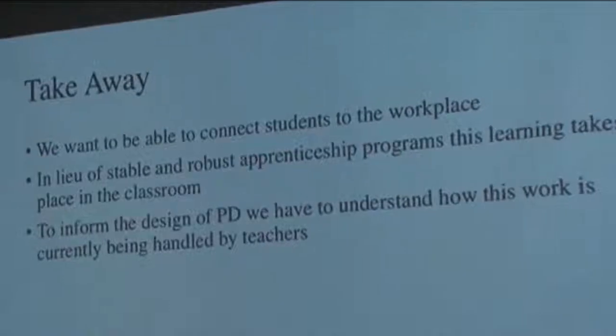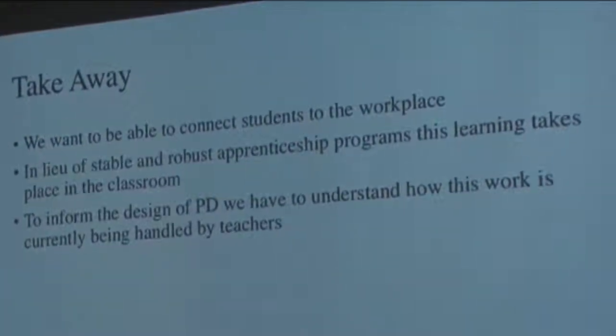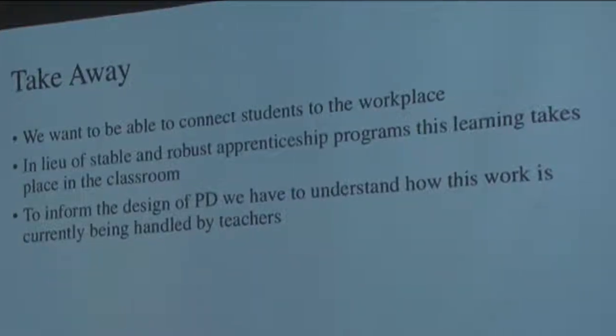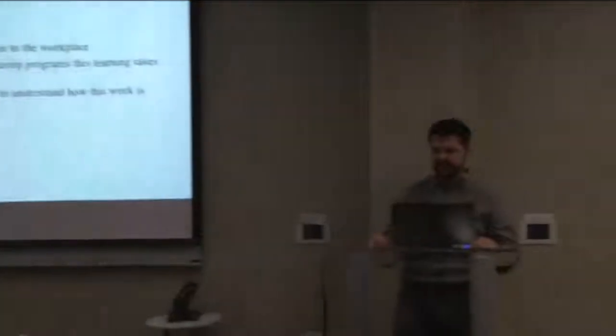So, our takeaways from this work: we want to be able to connect students to the workplace. Since the Smith-Hughes Act of 1917 pulled learners out of the workplace and put them into the classroom, this was born out of a technical rationality that we now know is not enough to prepare learners for the complex world of work or the 21st century workplace. While the classroom has advantages over the workplace, notably in allowing students to learn in a low-stakes environment and removing all the power hierarchy present in a workplace that disincentivizes the transmission of knowledge, as talked about by Lave and Wenger, more can be done to connect professional practice to the collection of practices